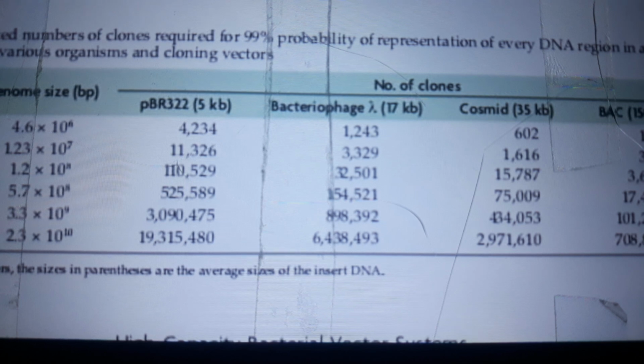Now the organism, genome size, and the number of clones. The cloning vectors are pBR322 at 5 kb, bacteriophage lambda at 17 kb, Cosmid at 35 kb, and BAC at 150 kb. So we have 1, 2, 3, and 4 vectors. In E. coli, the clone number through pBR322 at 5 kb is 4234. The bacteriophage lambda gives 1243, Cosmid gives 602, and a BAC gives